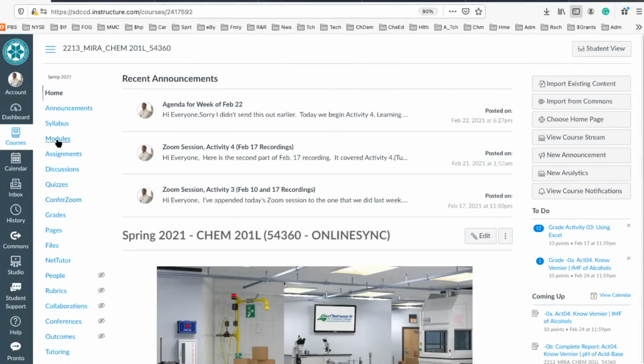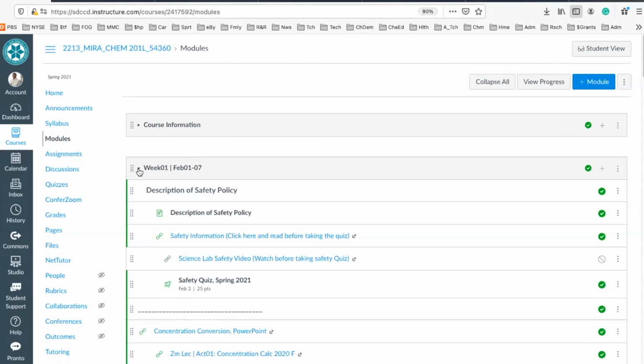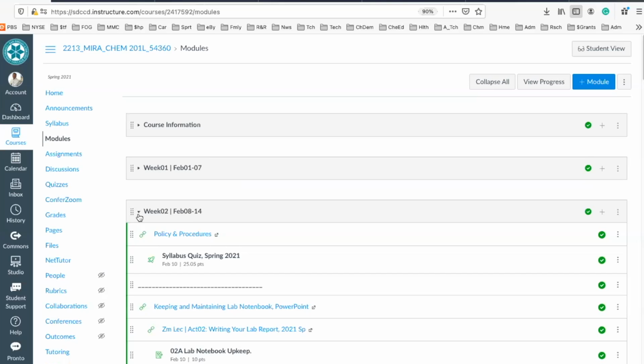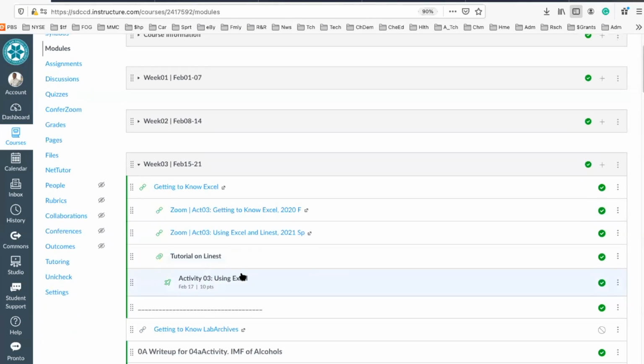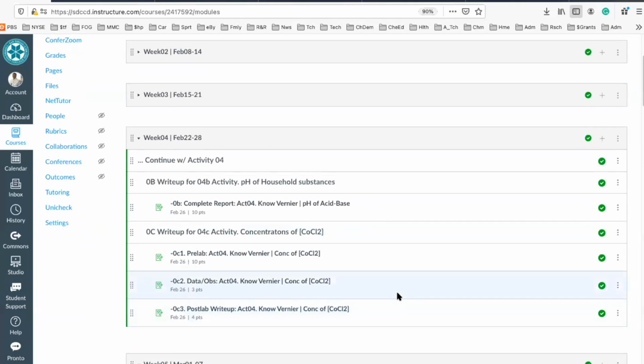Go to modules. And in modules, you can always collapse these by clicking on these triangles. I think they're called chevrons. But we want to go here. I'm in the midst of grading everything that you've turned in, so please excuse me because there was an exam for my other class this past weekend. I was busy with that, but I'll get you guys your papers graded so you know where you stand in the course. So here's